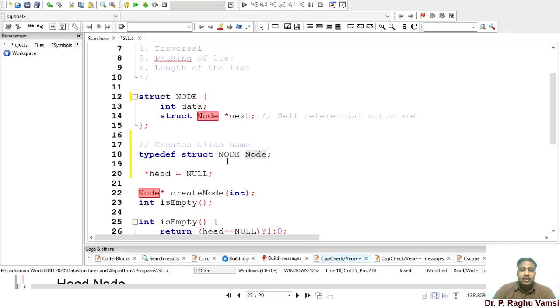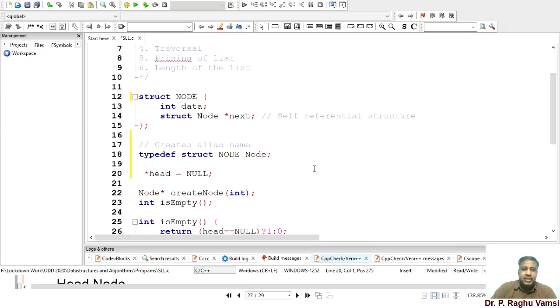You understand? Please remember here NODE is in capital letters and struct node is in small letters. That means this struct node can be treated as NODE. Wherever struct node is there, you can use this NODE.